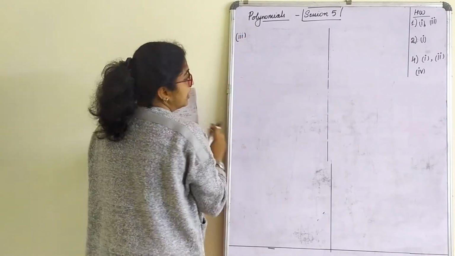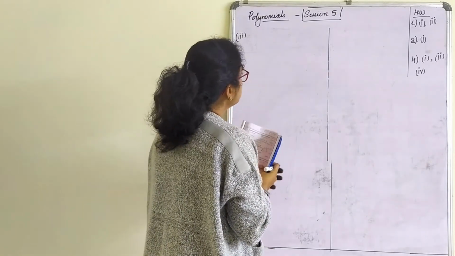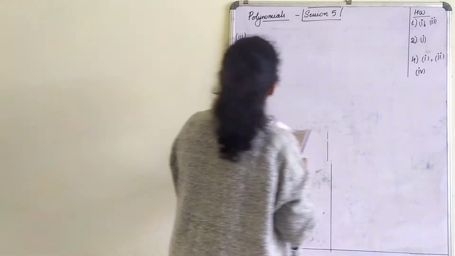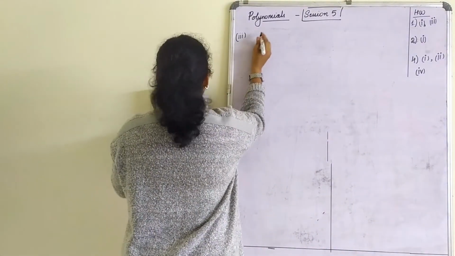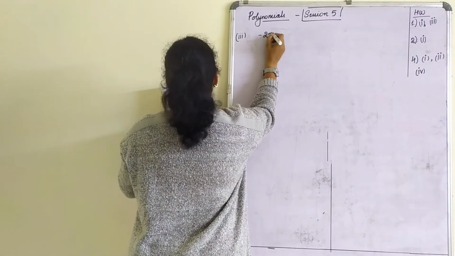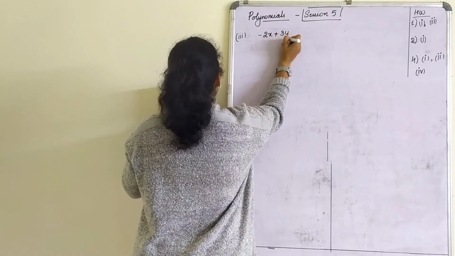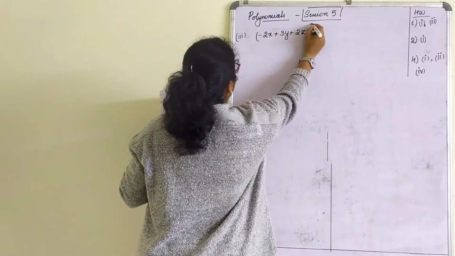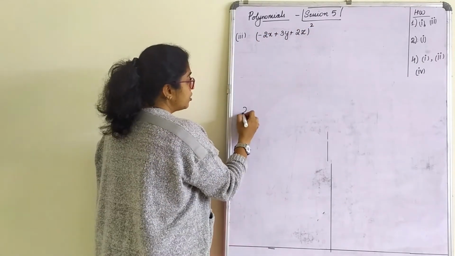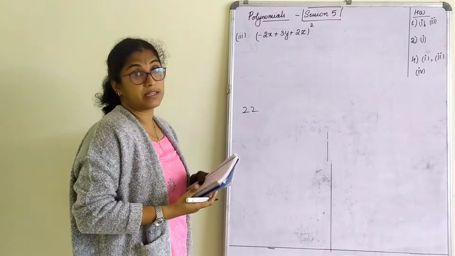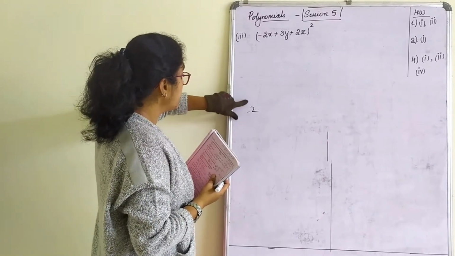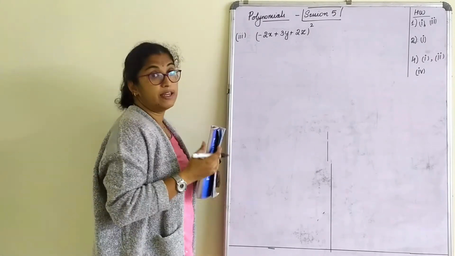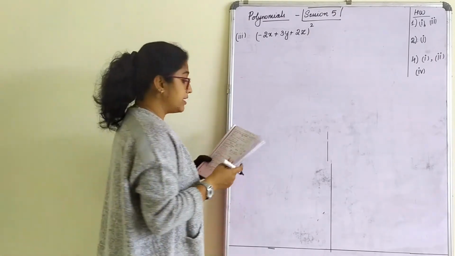I will directly start with the third one. I probably require this space since it is a trinomial there. So the third one is minus 2x plus 3y plus 2z. Please differentiate writing 2 and z. Your 2 and your z look the same sometimes. Learn to write 2 properly, learn to write z properly. You need to differentiate what is your 2 and what is your z.